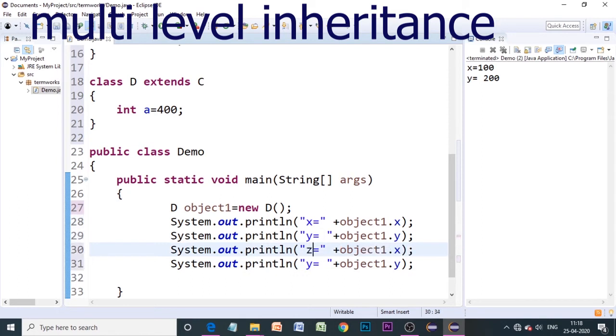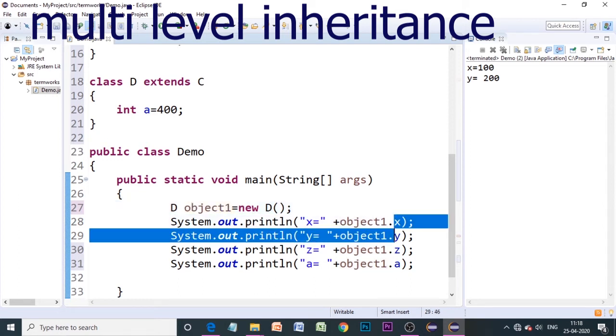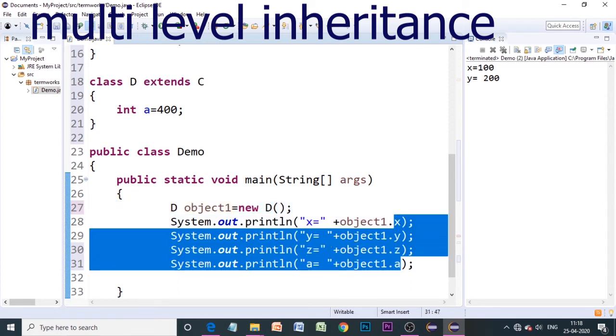You can do it in one statement itself: x, y, z, and here it's going to be A. Look at this, we have created an object of class D, and using it we are able to access all the members, that is x, y, z and A.